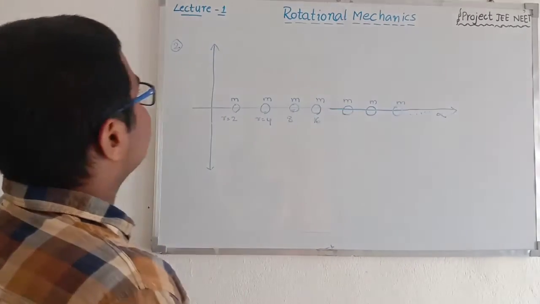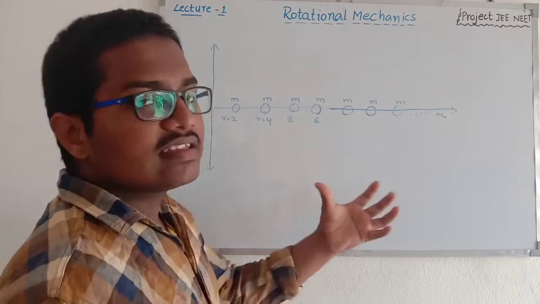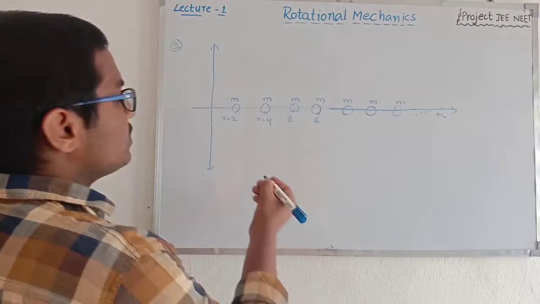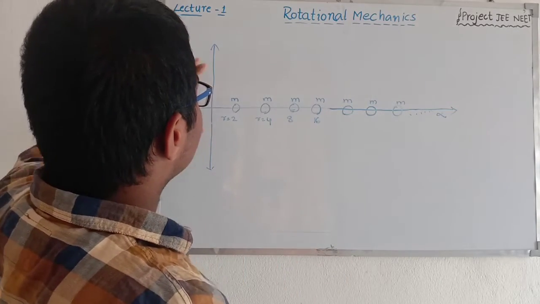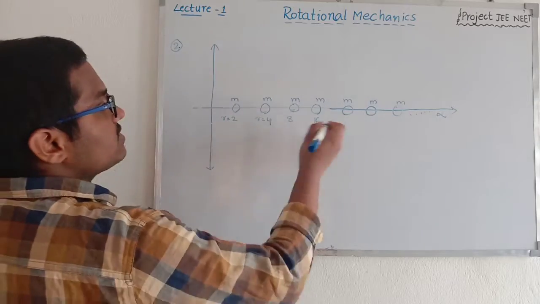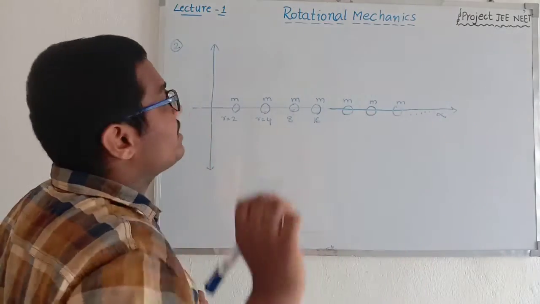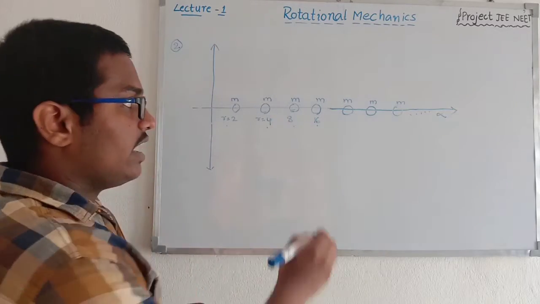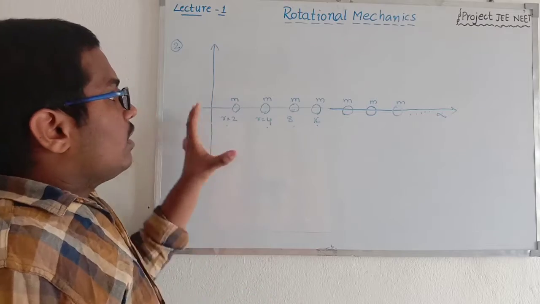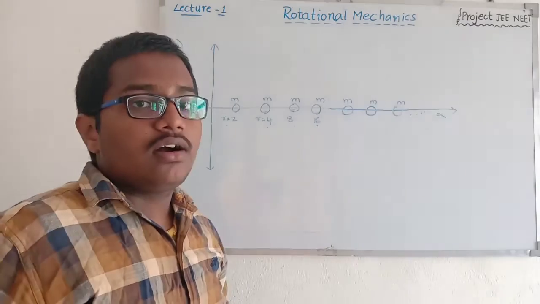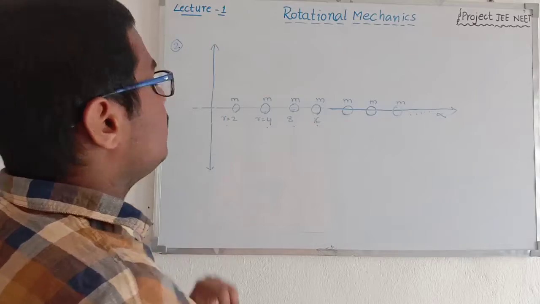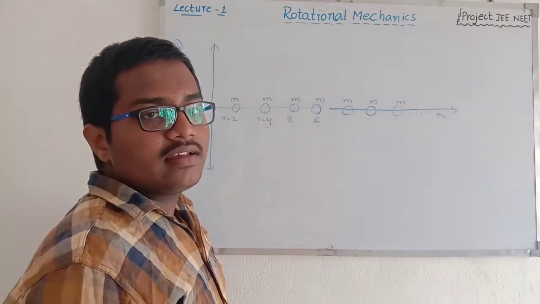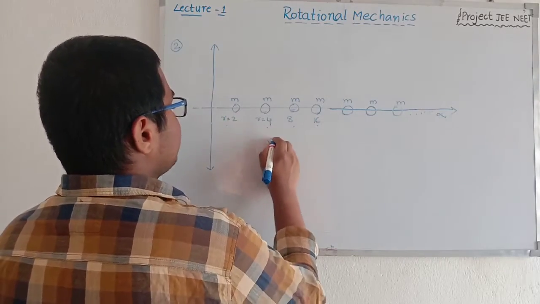So let's go to the second example. We can't say this is an example; this is a statement-type problem. Now let's discuss. Along the x-axis there are infinite masses, an infinite number of masses, with r equal to 2, r equal to 4, r equal to 8, r equal to 16 and so on. Calculate the moment of inertia of this total system. If we ask for the total system, then simply the answer is infinite.